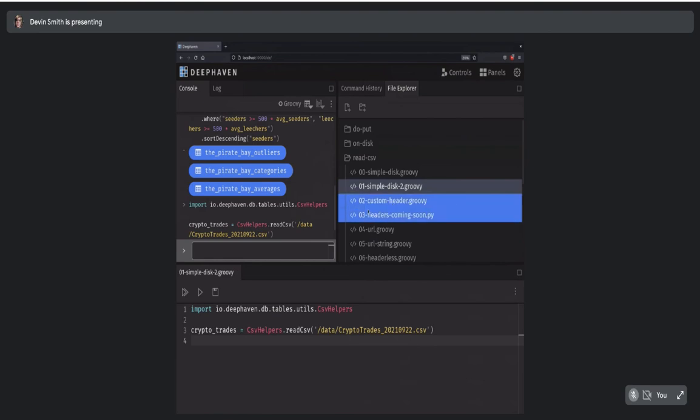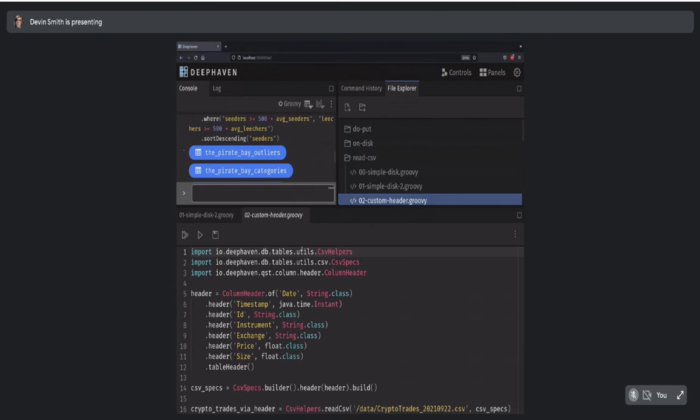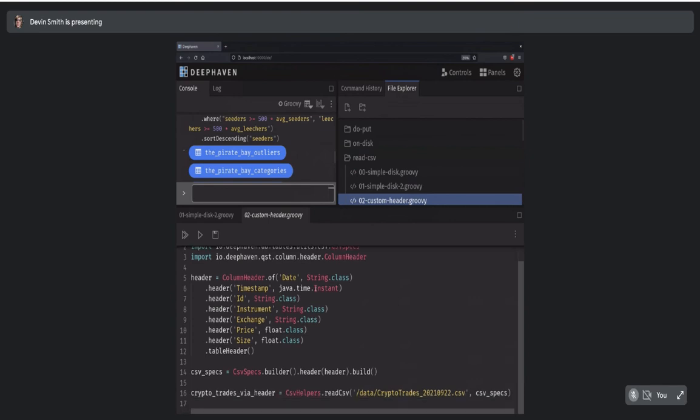So let's say that this was not enough, and we wanted to provide some more information so we could choose our column types. That's where the custom header comes in. So using the QST column types, we can go ahead and create a table header here. Date, timestamp, ID, instrument, exchange, price, and size. So the changes I'm going to make here from the previous one is, let's just say that ID is a string instead of a long,